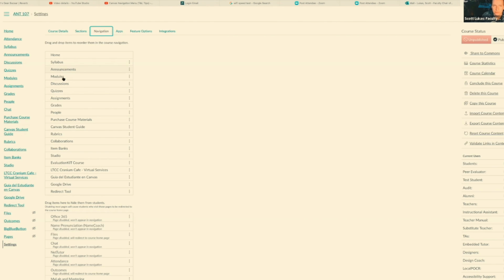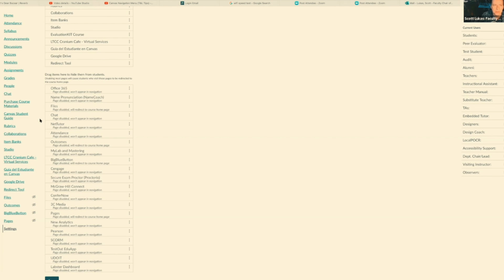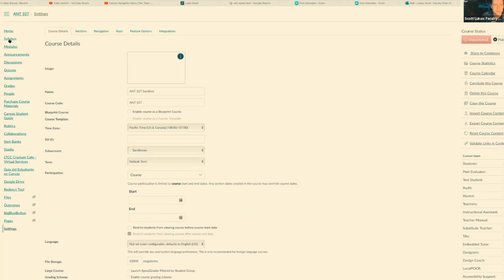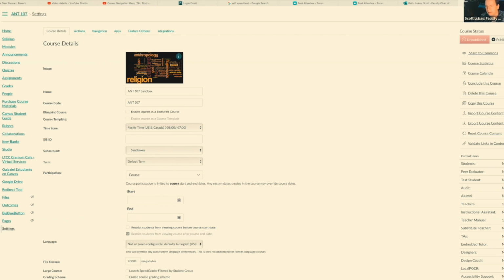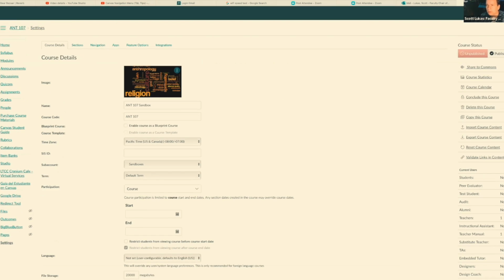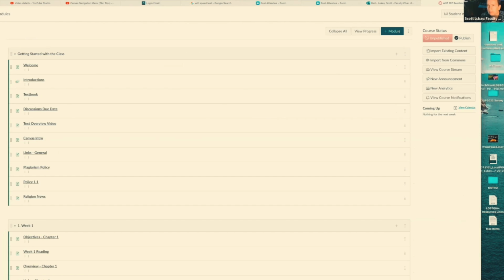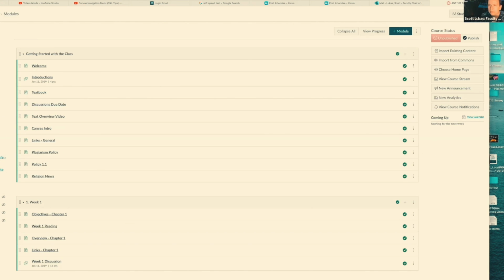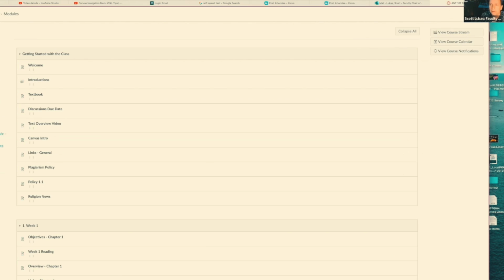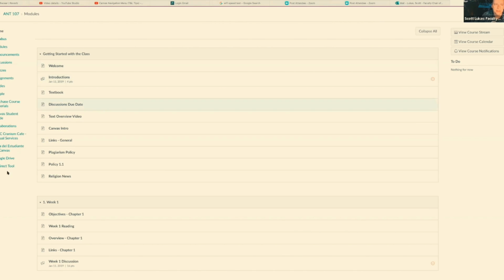I'm probably going to put my syllabus second from the top, and then modules is my second most important item. So I'm going to save that, and then once I click on this, you'll see that I have syllabus here and then modules. And keep in mind, anytime I want to view as a student, it'll let me do it, even though the class is not live. What's nice about that is I'm not going to see the pages that I can see on my instructor view with the grayed out eyeball slashed. I don't see that here because it's under student view.